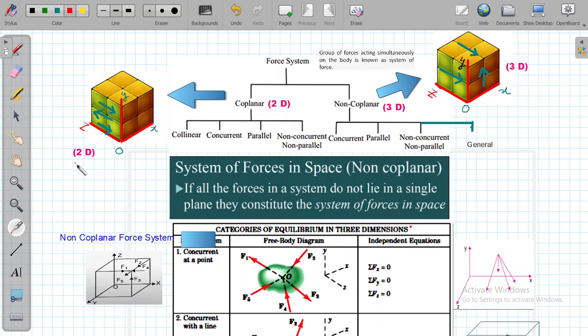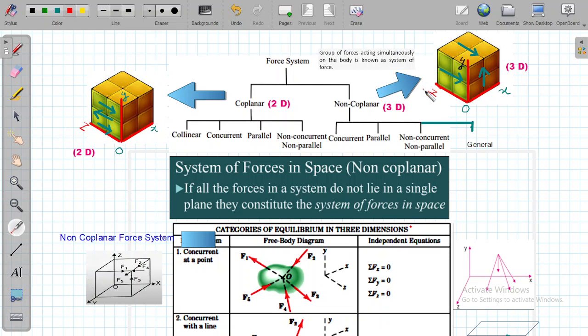Like this example, if you look at this YZ plane, all these forces are lying in a single plane, which is the YZ plane. So this is a coplanar force system. But if the forces lie in a three-dimensional space, which is termed as non-coplanar, you can see an example